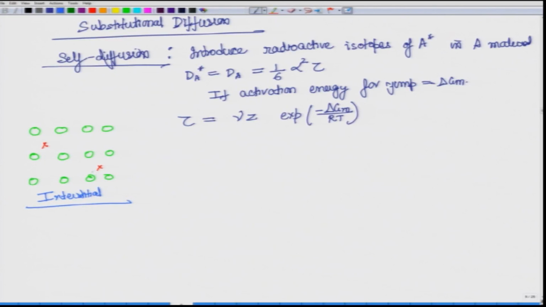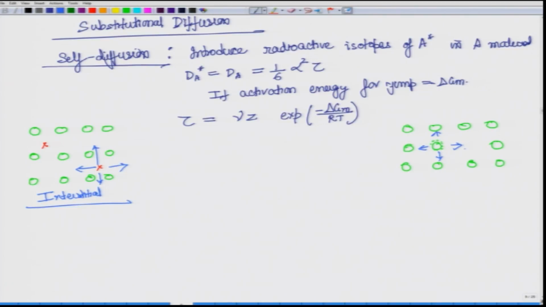So, in this particular case, all these neighboring sites are available, but when we talk about substitutional or even self diffusion, let us say this is our radioactive atom. Let us say there is one vacancy on side of it. Now you can clearly see that only this particular site has a vacancy in this case that we have drawn; other sites are not available. Even this site may not be available for jumping.